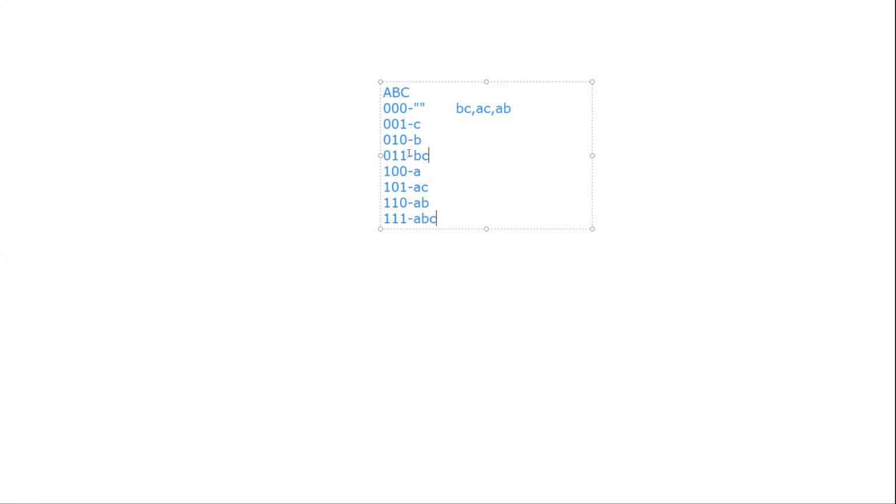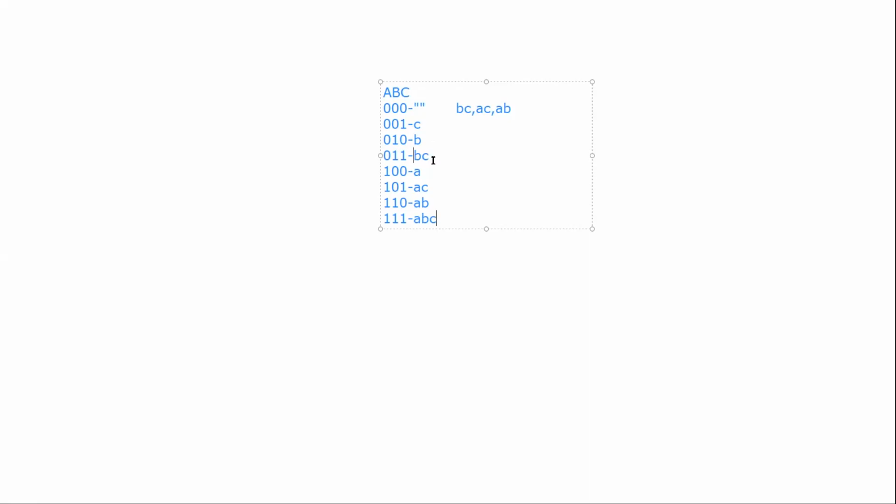Let me explain clearly. Suppose the string length is 4, and we want to find all substrings which have at least 3 characters, then instead of checking from 0 to 2 power 4 minus 1, that is 15, we start from 2 power 3 minus 1 as the bit mask.